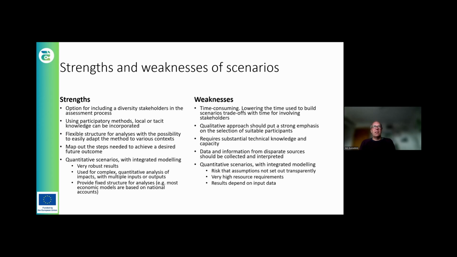So they can be used for complex quantitative analysis of impacts with multiple inputs or outputs, and they provide a nice fixed structure for analysis. That allows us to repeat what we've done, to track what we've done, and then also make changes to this analysis and really understand and track the change in outcome in response to the change of the drivers